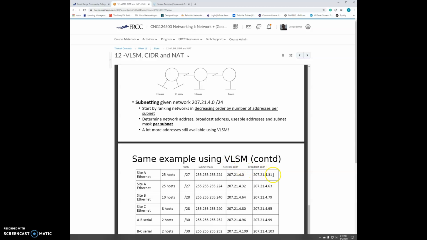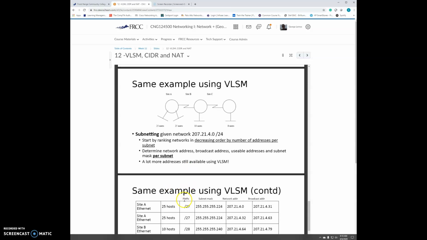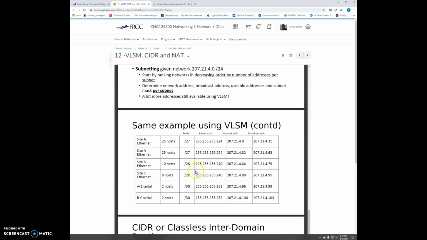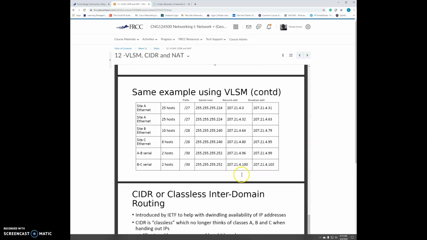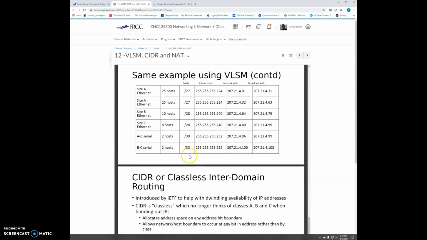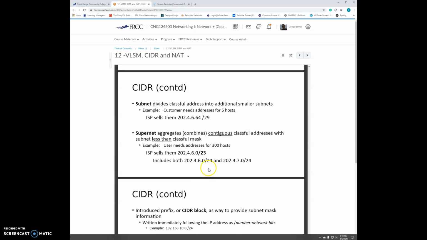VLSM, if you scroll down a little farther, you're going to see that we start to tailor the prefix per subnet. Highly important that you start to organize your subnets, hosts highest to lowest, to help you keep track of what's going on. So not only now are you adding extra information to your packet tracers, you're actually keeping track of more information in tables. So we're saying, okay, we're going to really customize every single subnet to where we're minimizing the waste of IPs.